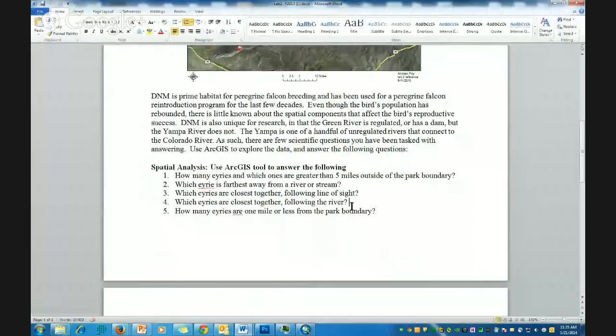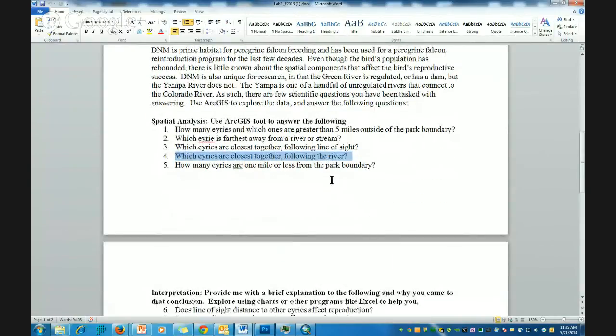Now, question number 4 is a little bit more tricky, and that will involve actually using the measure tool and you guys manually recording the distances between those eyries following the river, because there's no simple solution for solving that one. Okay, now we're going to move on to question 5, which has to deal with how many eyries are